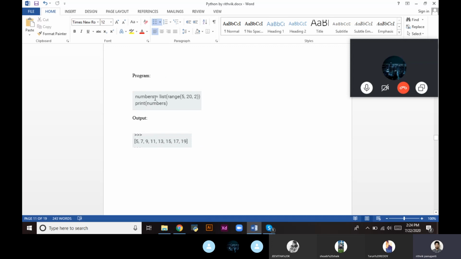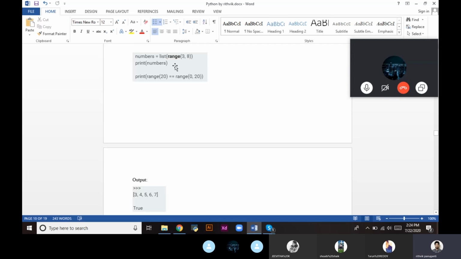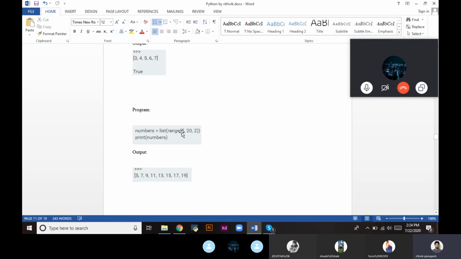Here when we use the range, we can pass three parameters. In range, this is the initial where we want to start the count, 5, and where we need to end the count, 20, and this third parameter gives the difference we want between elements. So 5, 20 and 2 are passed as input parameters.